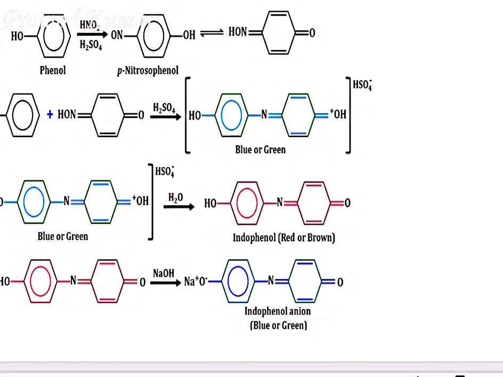Now this is the next reaction which is asked. Explain Lieberman's test for phenol. This can be asked for 2 marks separately. All these tests can be explained, the respective test can be asked for 2 marks or a 5 marks question. Okay, so when you write the test for determination, you have to write everything.